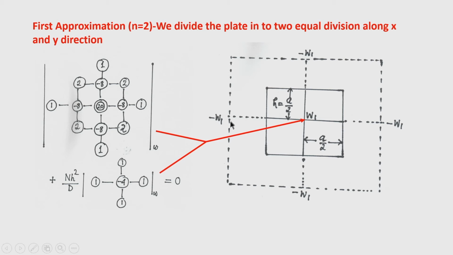So, here the image point of this node is this central node W 1, say for example node number 1. Therefore, the deflection here will be minus W 1 if the deflection here is W 1. Similarly, in the other, vertical direction, the deflection here is minus W 1 and here it is minus W 1, and towards the right it is also minus W 1. Okay. So, this is the stencil